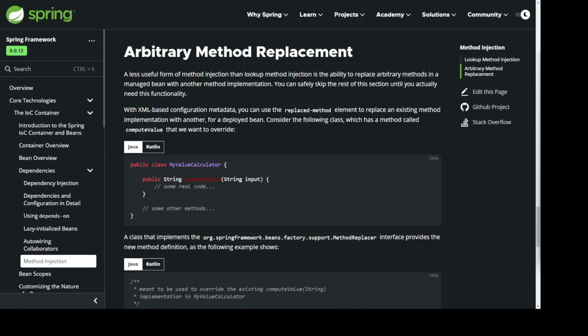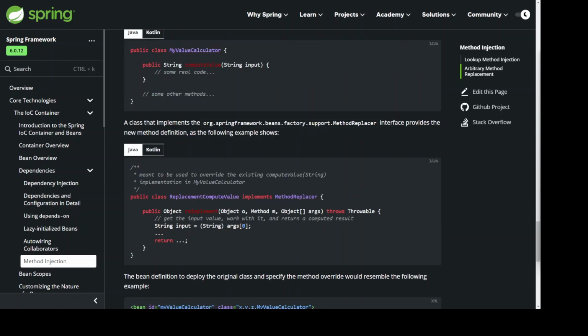A class that implements the org.springframework.beans.factory.support.MethodReplacer interface provides the new method definition, as the following example shows. /** meant to be used to override the existing computeValue(String) implementation in MyValueCalculator */ public class ReplacementComputeValue implements MethodReplacer { public Object reimplement(Object o, Method m, Object[] args) throws Throwable { // get the input value, work with it, and return a computed result String input = (String) args[0]; ... return ...; } }